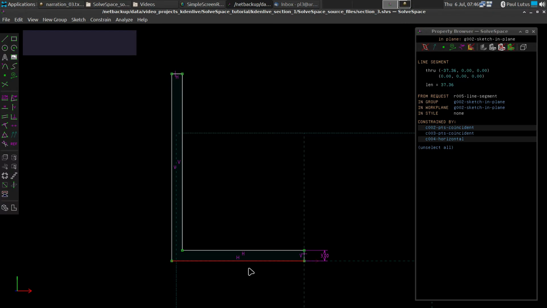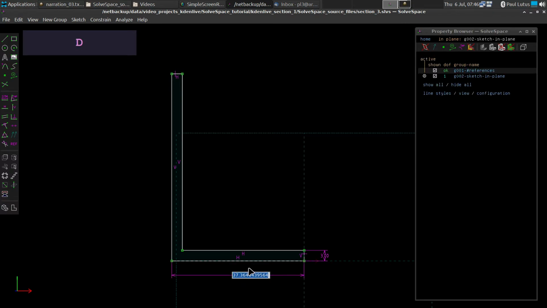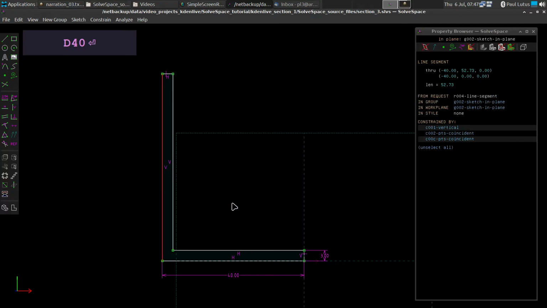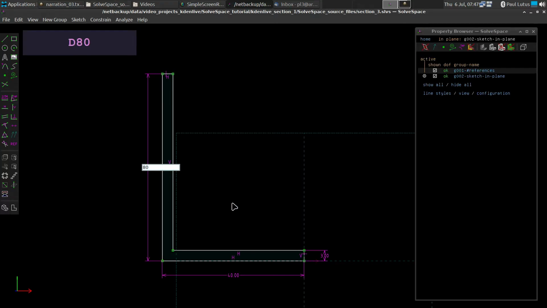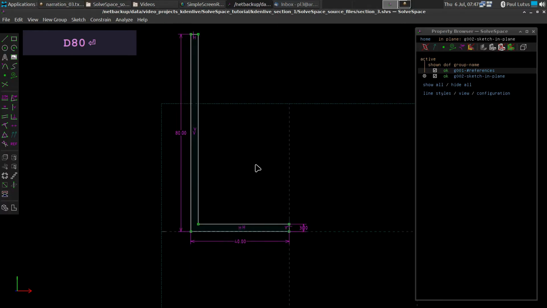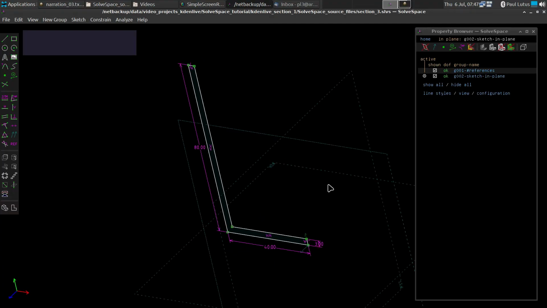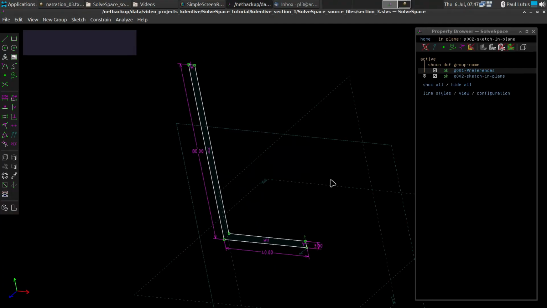Let's make the diameter of the cup 40 millimeters and the height 80. Where are we at? Okay, we have no degrees of freedom. Now, just for the fun of it, I'm going to perform this